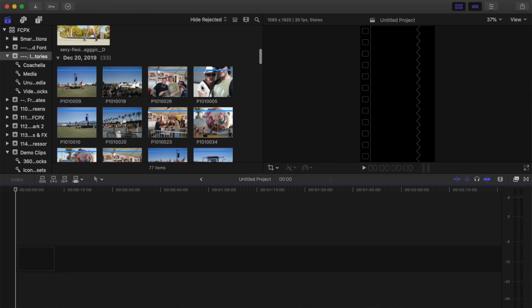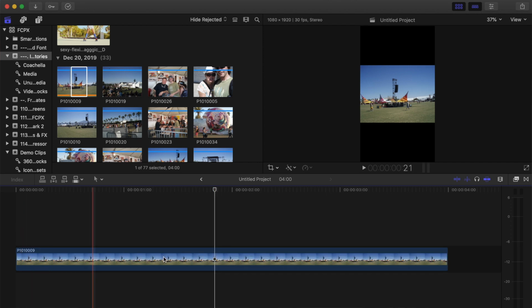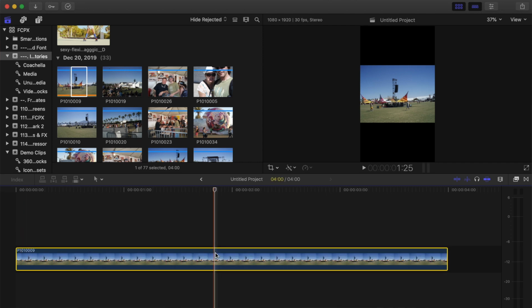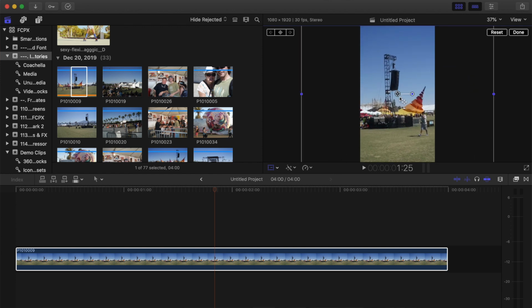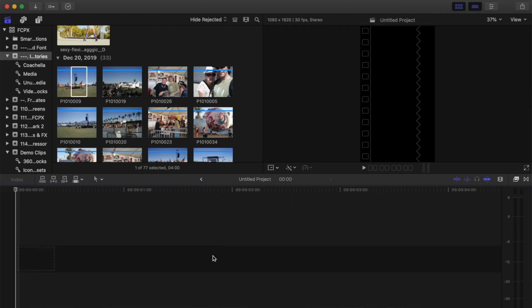Now, when you add a video or a still image to your timeline, the vertical aspect ratio is optimized for viewing on a mobile device. If your clip was recorded vertically, the image will fill your entire frame. If you record at a different aspect ratio, you'll have black bars on top and bottom of your clip. To fill the entire frame, with your clip selected, click the Transform button, scale up your clip until your entire frame is filled, and if needed, reframe your image. Let's delete these for now,